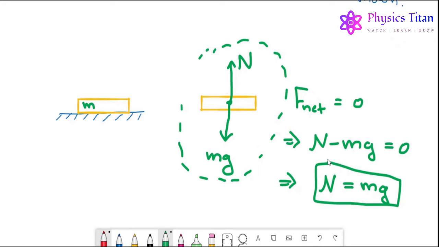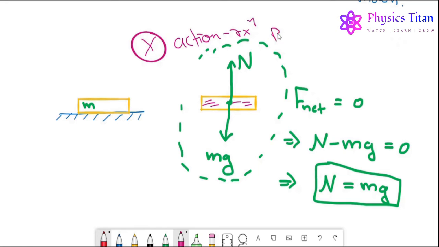Okay. Now here's one thing which you need to note over here. Though the normal force and the weight of the book are equal in magnitude and opposite in direction, they are acting on the same body, on this book. So they do not constitute an